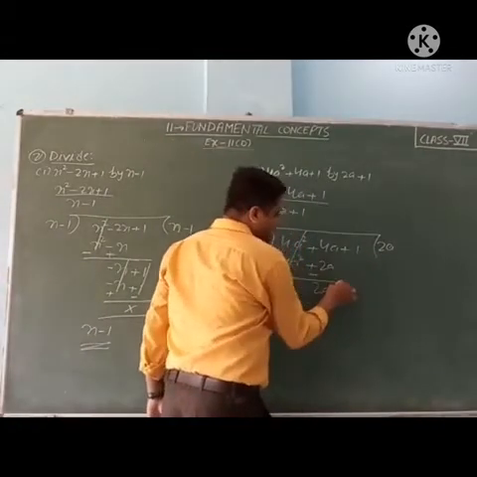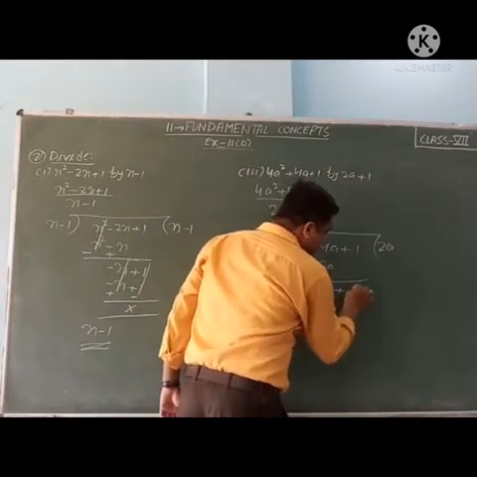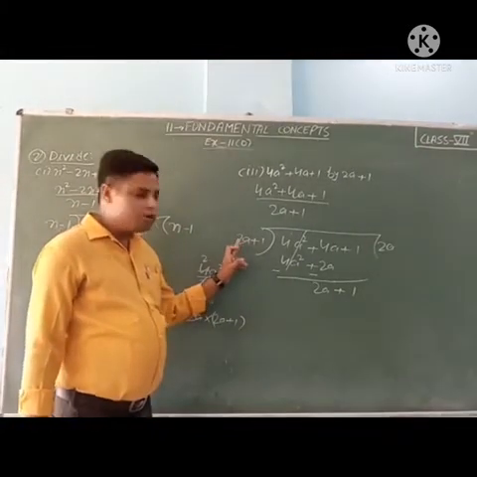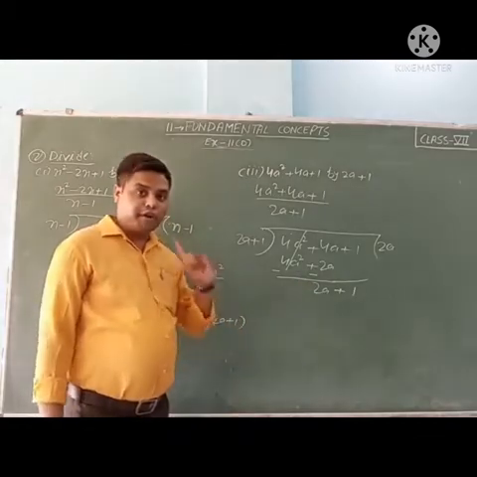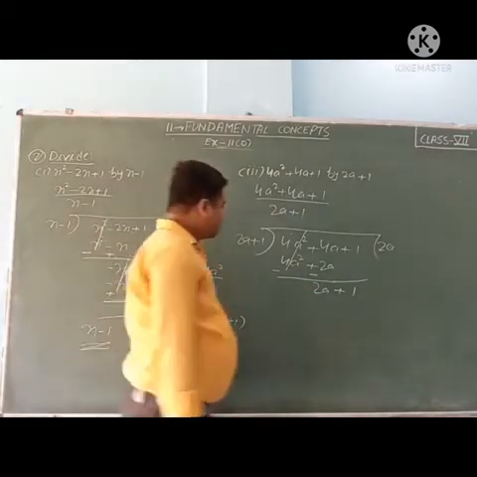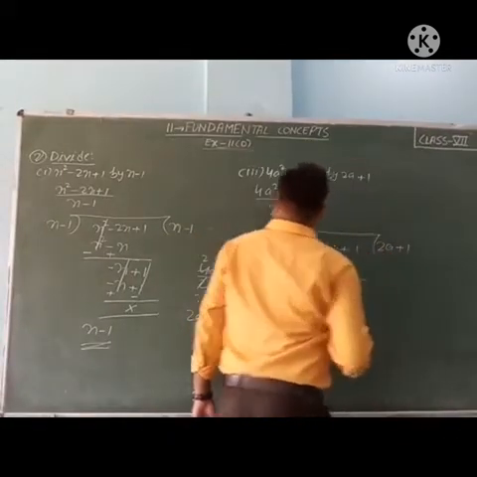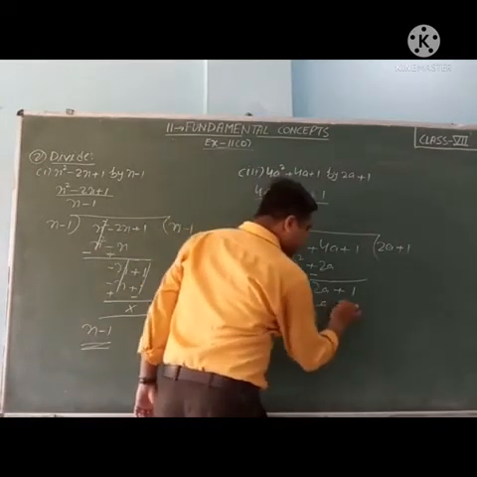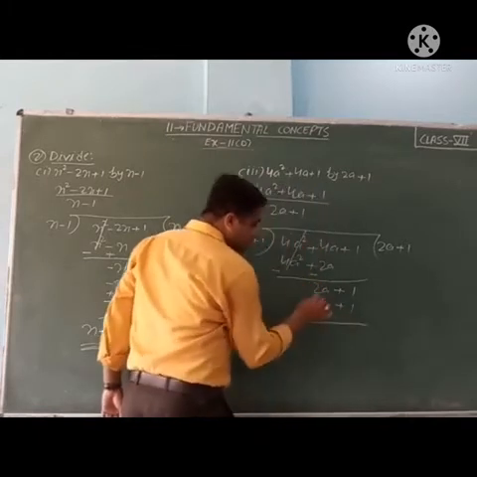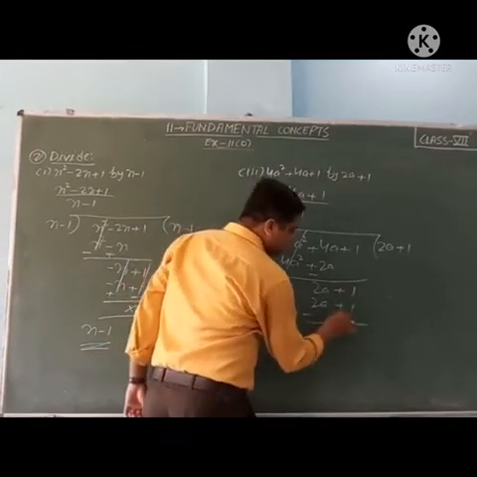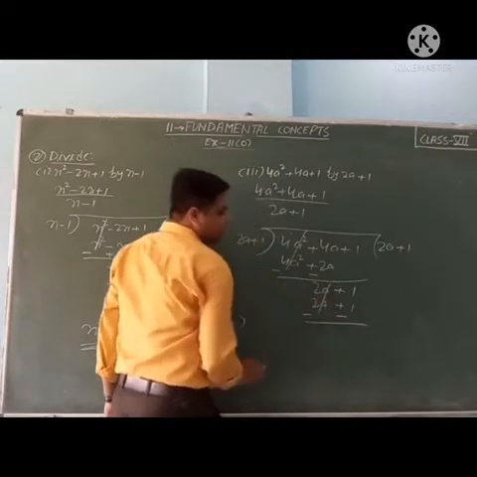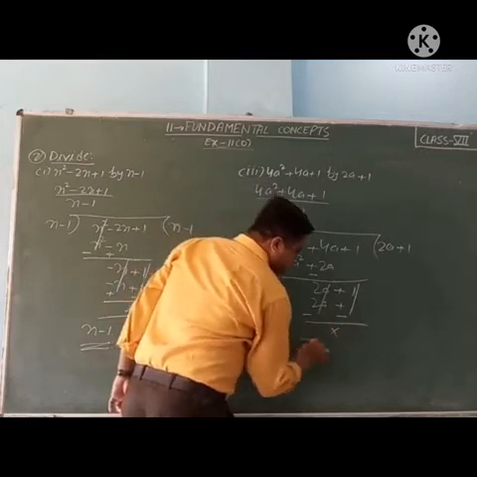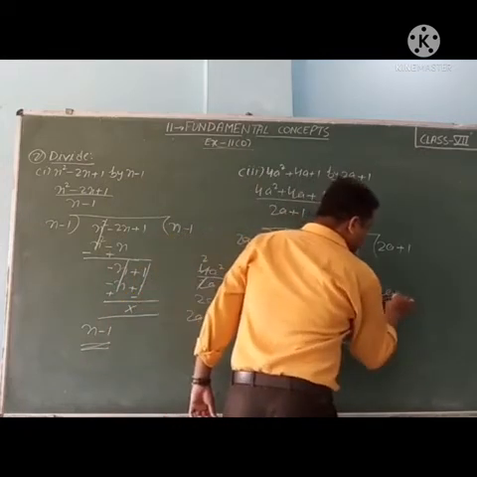Then we will take next number also. It is plus 1. So by which number or term we will multiply in 2a? It will become 2a by 1 or positive 1. Here we will write plus 1. So 2a into 1, 2a. Then 1 into 1, 1. Now change the sign. Plus changes to minus, plus changes to minus. 2a minus 2a cancel. 1 minus 1 cancel. No other number, then cancel. So answer is 2a plus 1.